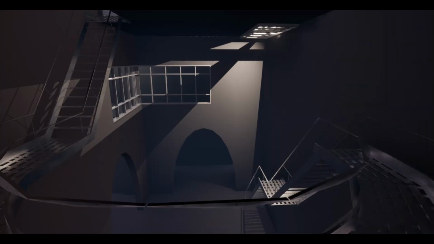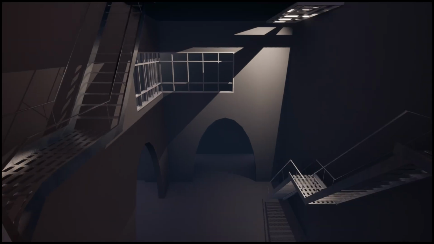As we approach down here, I've used the lighting to show the player, oh look, there's multiple entrances, there's things to look at that attract the player's eye, and there's the illusion of choice that the player can go through. There's a room ahead of you, there's a room to the left, and as you'll see in a bit, there's a room in the back, just to show how you can almost trick the player